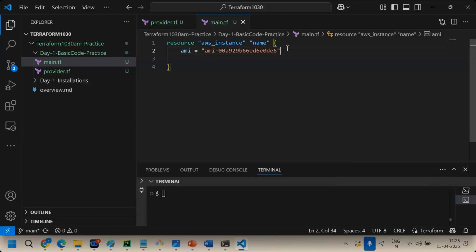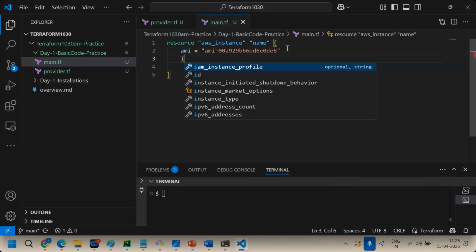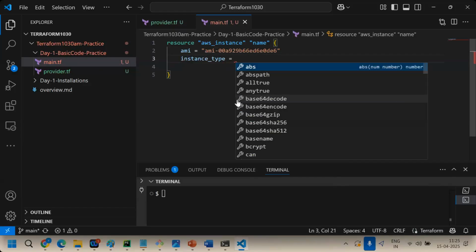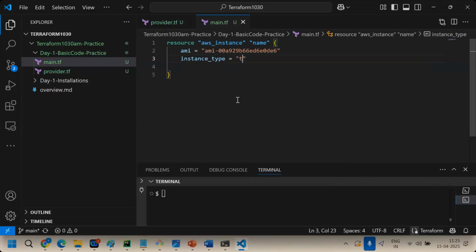Next is what? Instance type. I don't know how to declare it here. Just give I. Is there an instance type? Yes. Again give the quotes: t2.micro. And next, is there anything mandatory? VPC and subnet, by default it will take, right? Without a key pair also can we create a server? Yes. These two are enough.